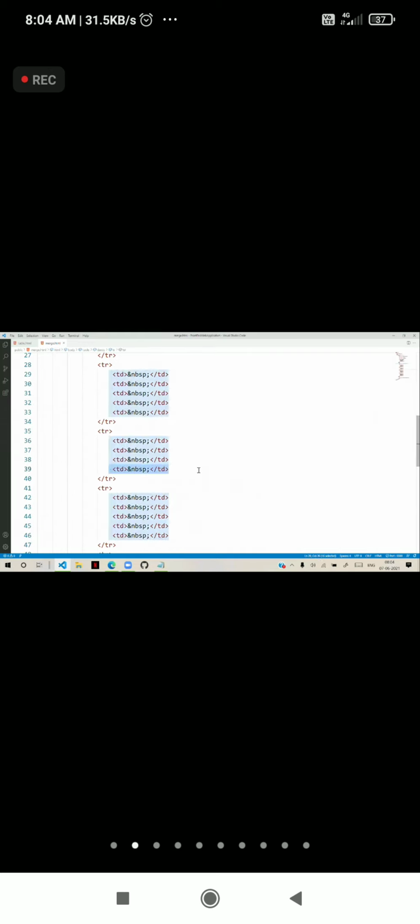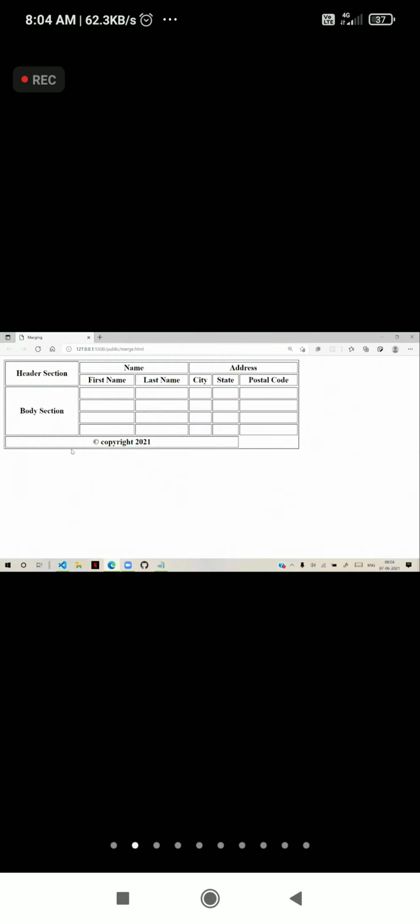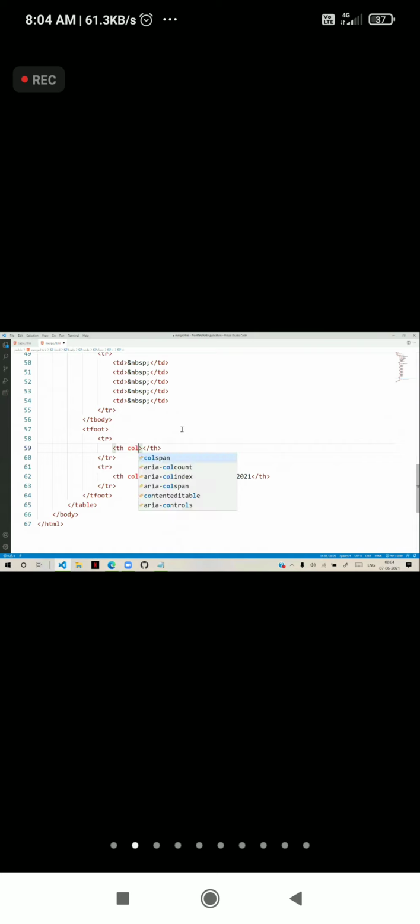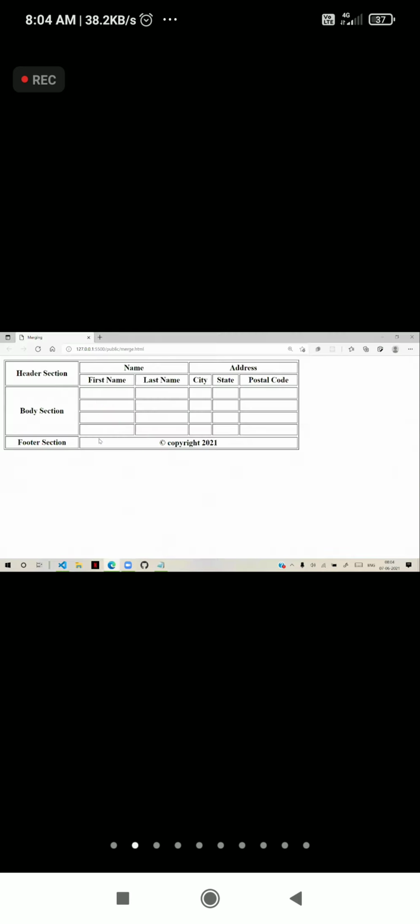I will copy one more cell. This is for the footer. In the footer area, I am adding another row and another cell. Here I am defining a rowspan of 2, and I say footer section. It will display that in the footer like this.